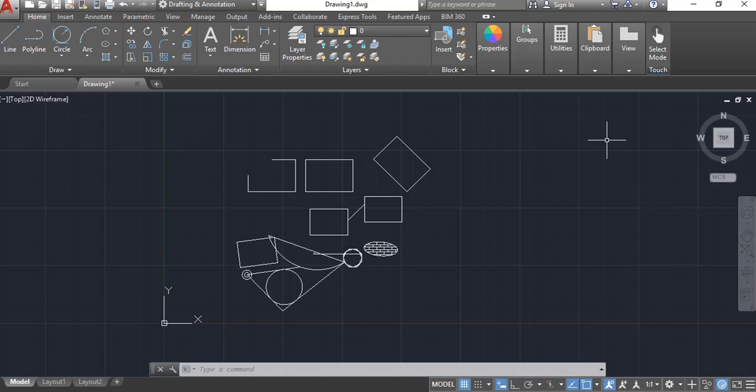Okay, so we're back here looking at more basic modify commands in AutoCAD. This is the second part. The first part of the video covered the move, copy, rotate, mirror, trim, extend, and erase commands. This video is going to cover the rest of them here in the modify command section, which is going to